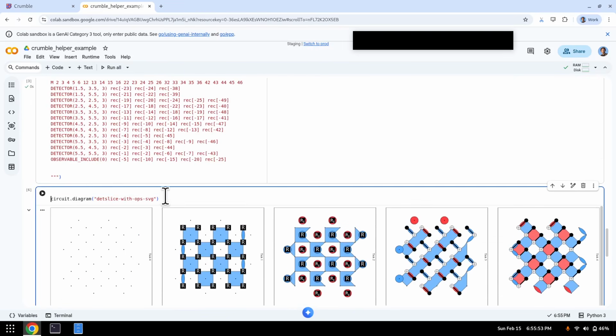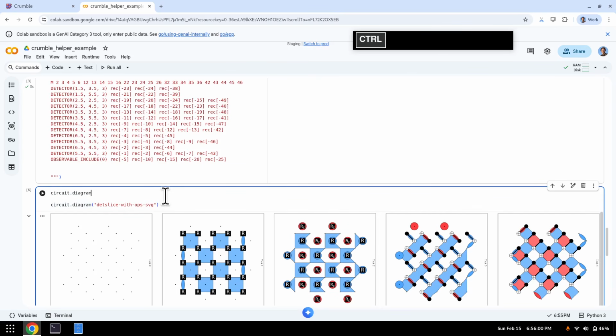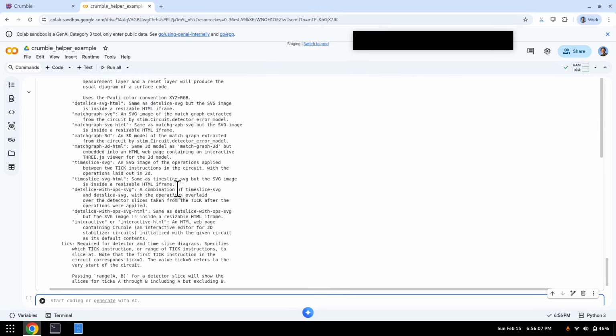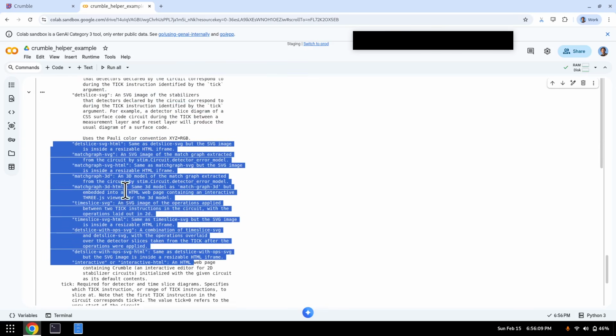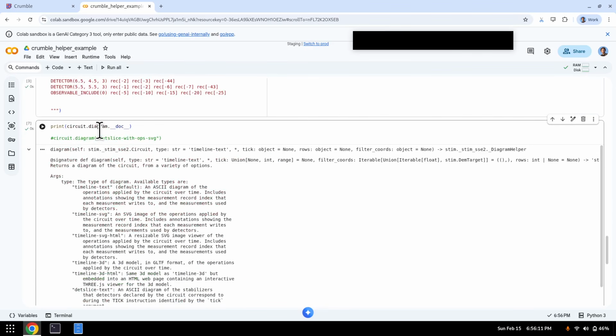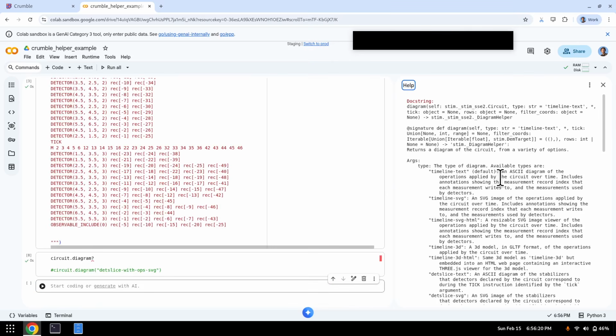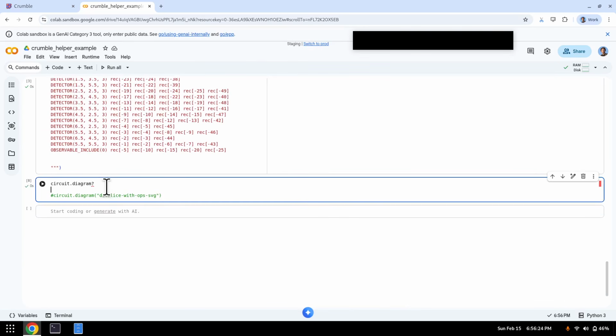Oh, incidentally, if you're wondering how do you know this random string? It's in the docstring. So if I print out the docstring for this method, it includes all of these different options for what the graph could be. Also, in Colab and in other Jupyter Notebook environments, you can say method question mark, and it'll give you this thing on the right that shows you the documentation. Anyways,